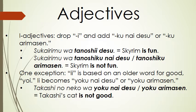Now, there is one exception to this rule, and that is the adjective e, which means good. And that is because whenever we conjugate e, we treat it as if it were an older word for good, yoi. So instead of e becoming ikunai desu, or iku arimasen, it becomes yokunai desu, or yoku arimasen. So, for example, if we said Takashi no neko wa yokunai desu, or yoku arimasen, that would mean Takashi's cat